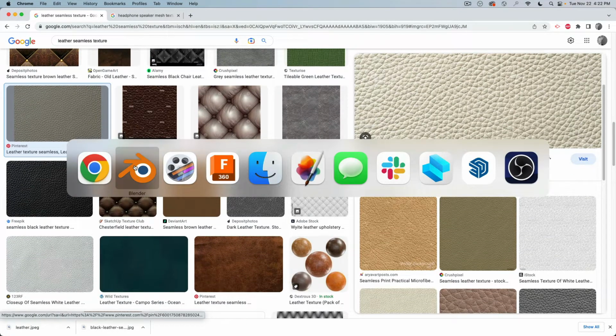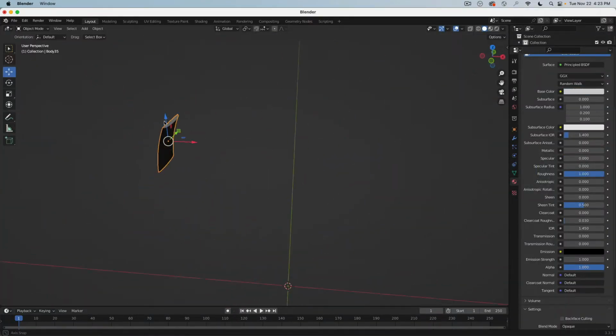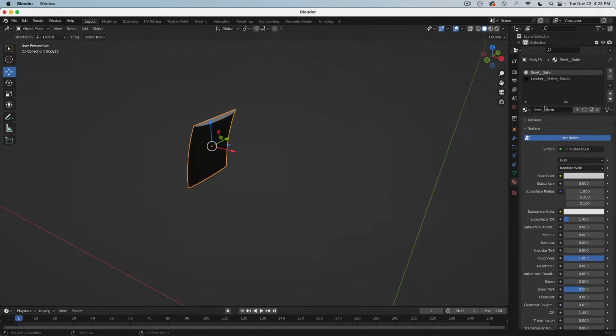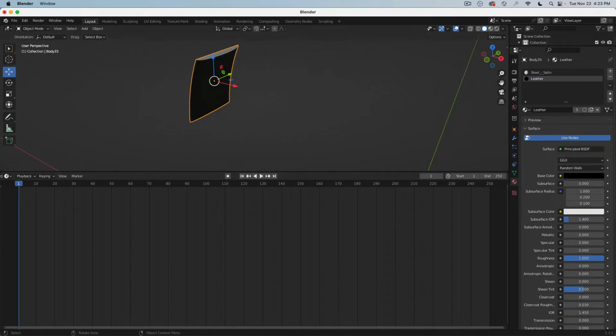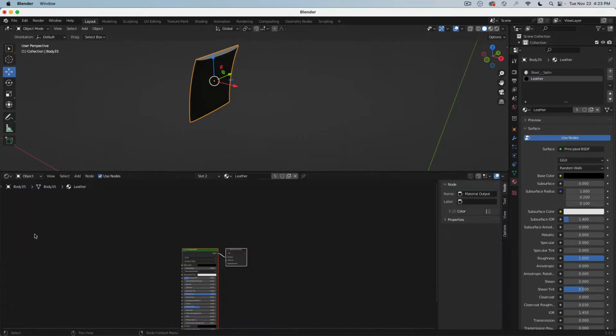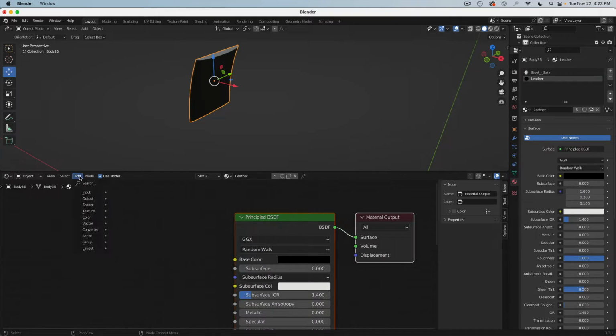If we now go back to Blender, I will select this piece. Shift H, isolate it, so I can see just only this piece. I scroll up here. I have here actually the leftover material and the leather. I am going to rename this one just leather, so it's shorter. I will move this up a little bit, switch to the shader editor, zoom in, then add